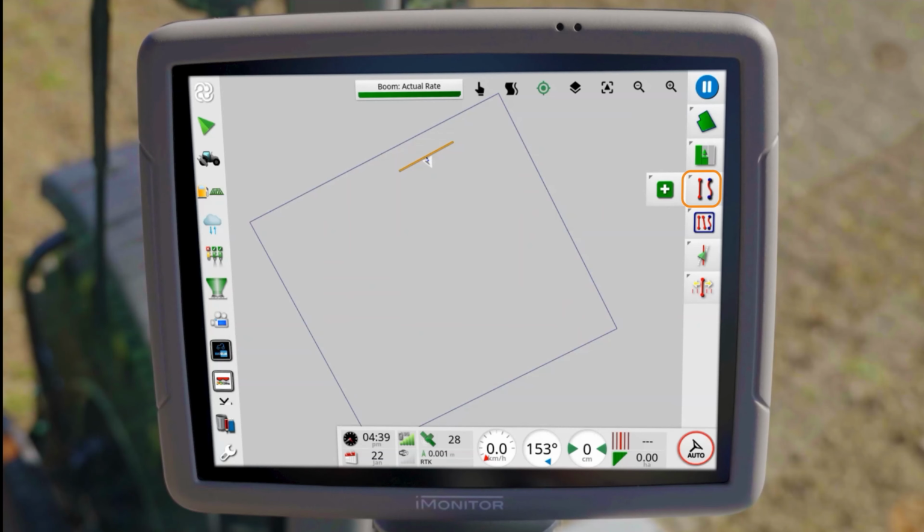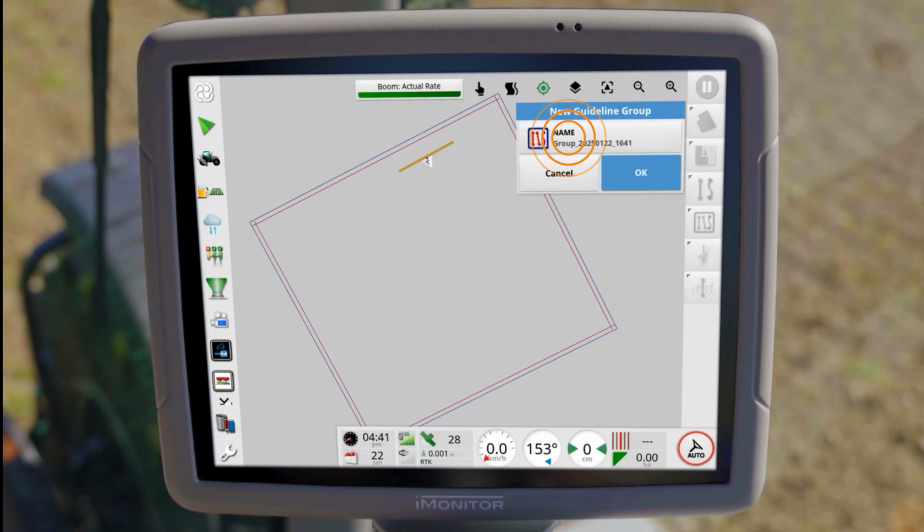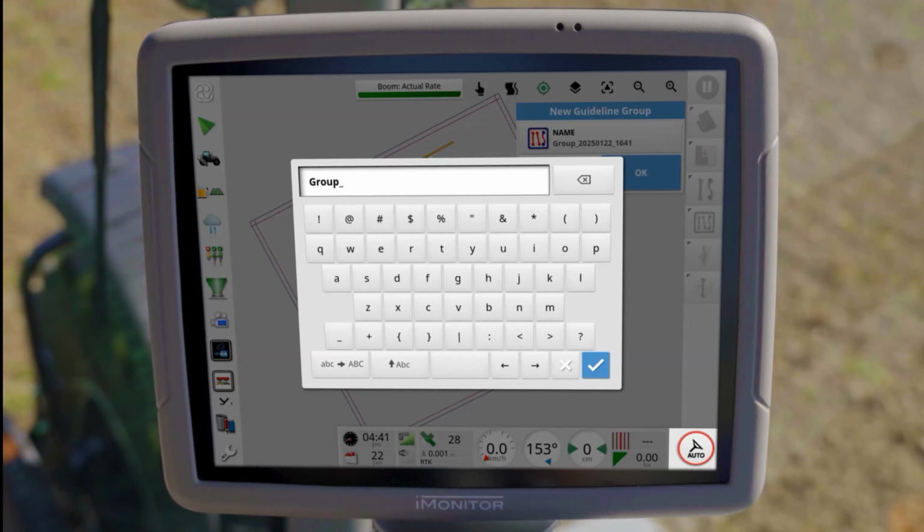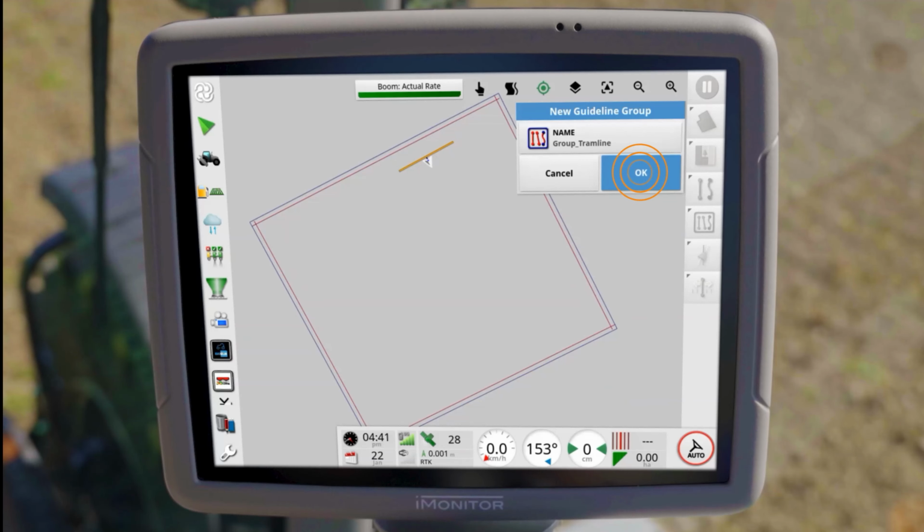Each group can contain various types of guidelines, such as A/B lines or curves, all of which appear on the map when the group is active. Guideline groups allow you to organize guidelines into named sets, making it easier to switch between them depending on your current task or equipment. For example,